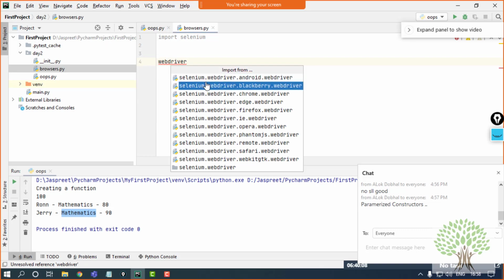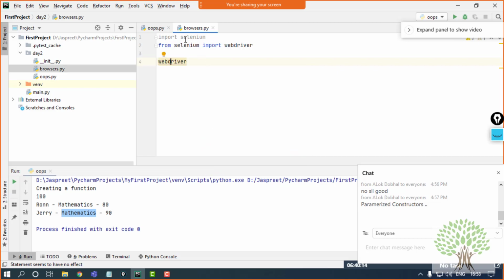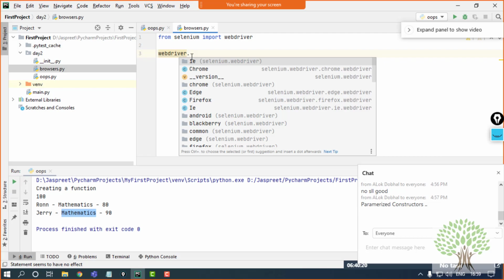Import this name. So you get all the options over here. You have to get it selenium.webdriver. This is done. You can go with the first one. WebDriver dot. Now, once you press dot, all the classes and variables that are made are available over here. There is Chrome.